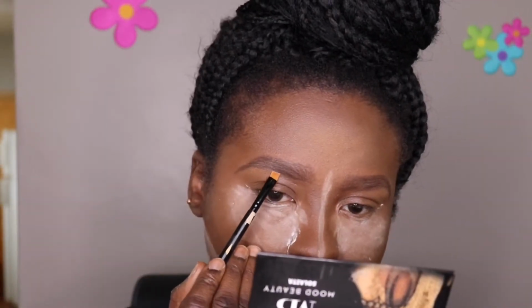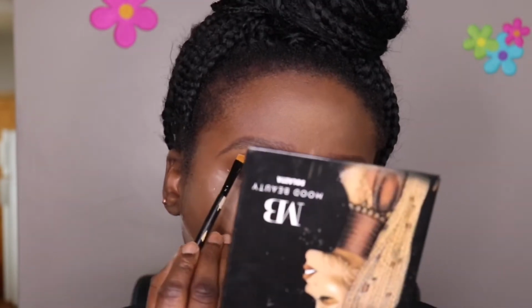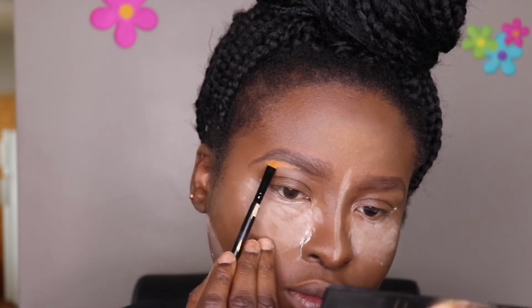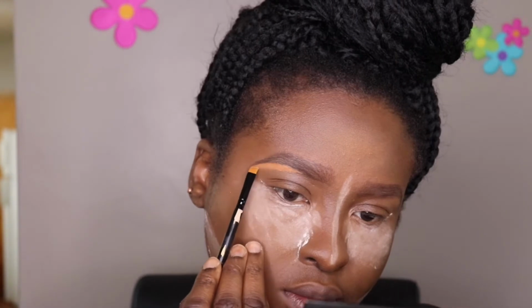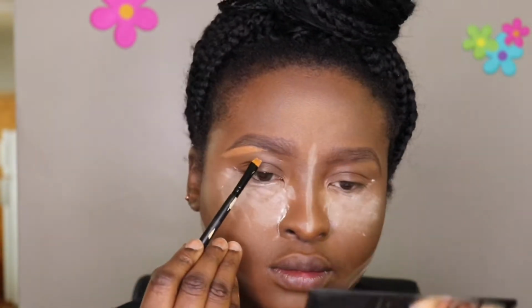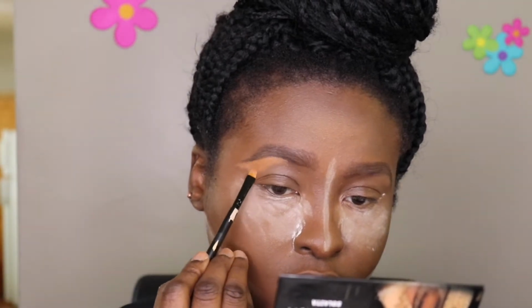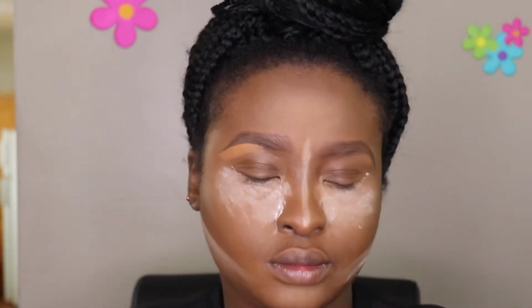Then now I'm going to be highlighting the brow. I'm using my concealer, the Elegant concealer in Fawn that I used initially. I'm just going to use it to correct and to also highlight my brow. I'm doing this gently, starting with my brow bone first, because that's where the attention for the brow comes to in any brow that you are drawing. So I highlight that portion of my brow first before I extend to other parts of the brow, like the front part of my brow. So I ensure to always highlight the brow bone first, blend the concealer properly